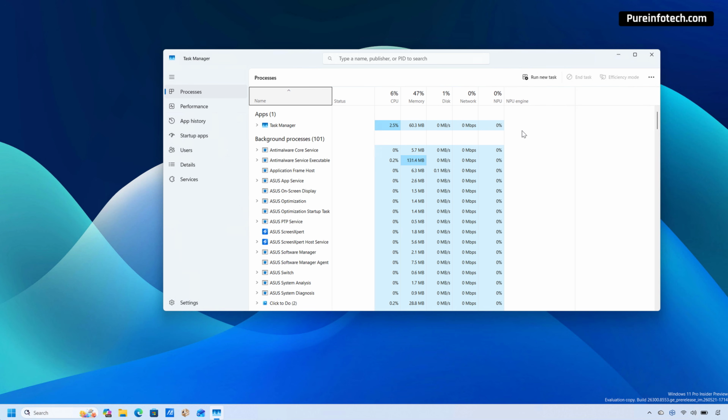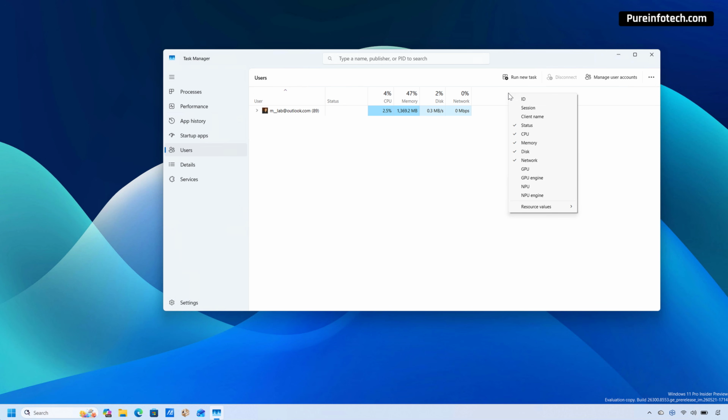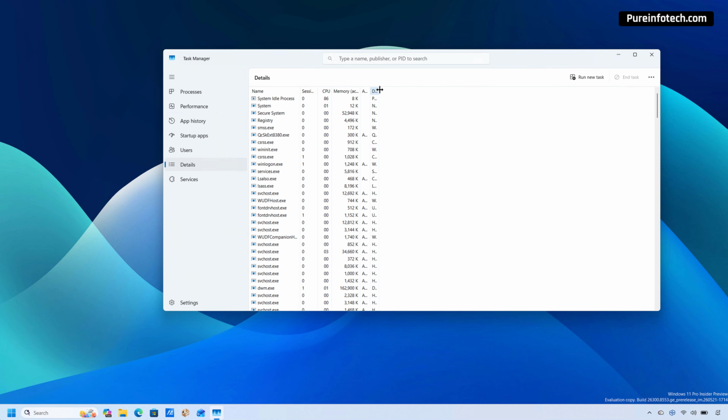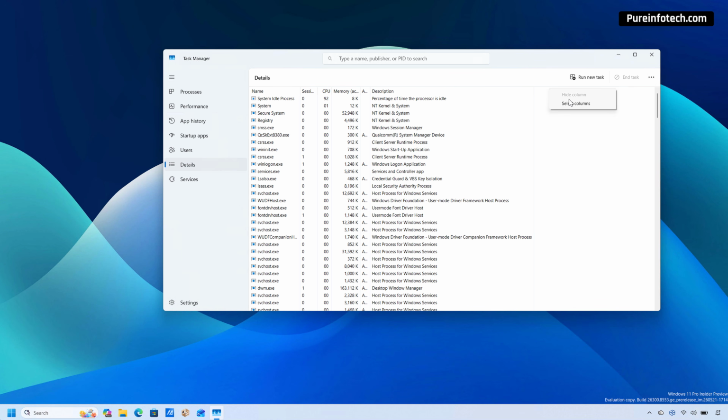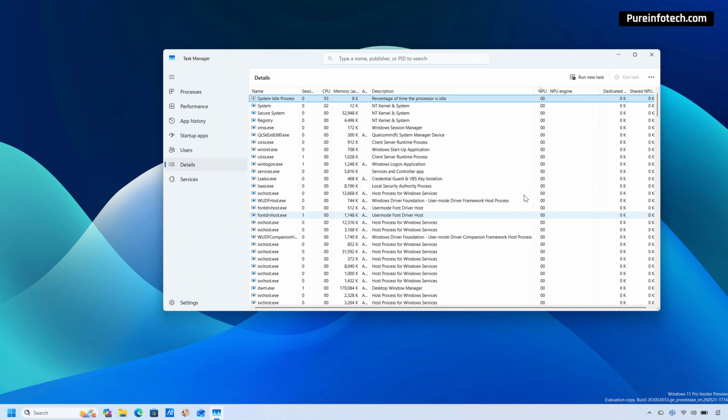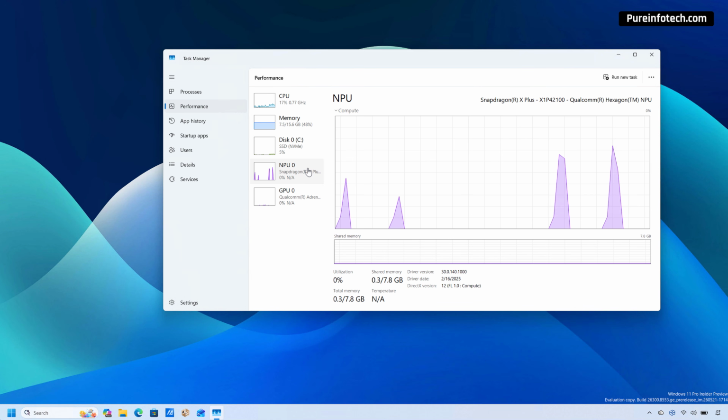And there is also dedicated or shared NPU memory across processes, users, and details pages. Windows 11 now also displays neural engines integrated into the GPU on the Performance tab to provide a broader view